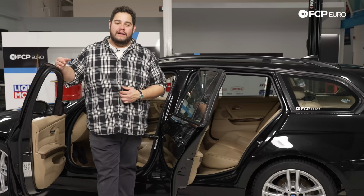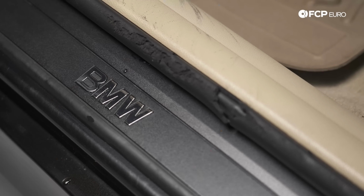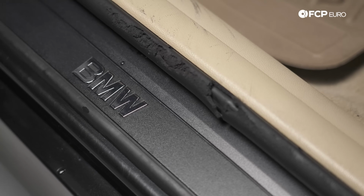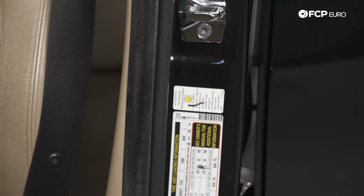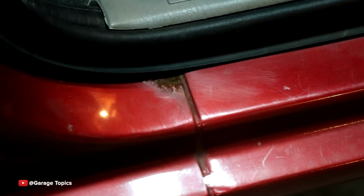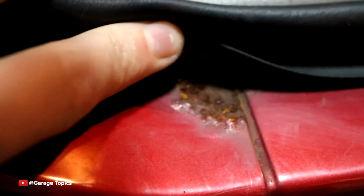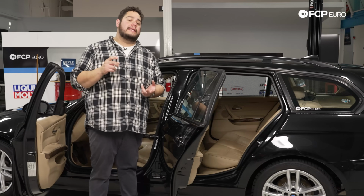Next on our laundry list of PPI basic exterior is going to be the door jambs. These are my silent killer. These are the things that most people don't consider or think about. Nice clean door jambs are always what you want to see. You want to see them not full of rust, contaminants, dings, dents, meaning large things have been thrown in and out of the vehicle, as well as giving you signs that it's probably garage kept and or it gets washed frequently,